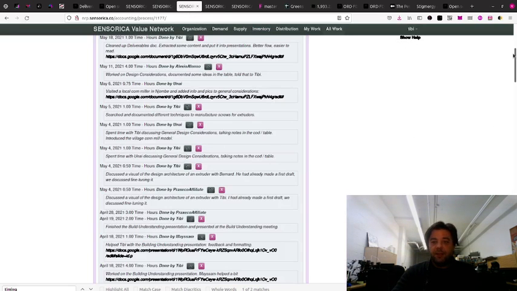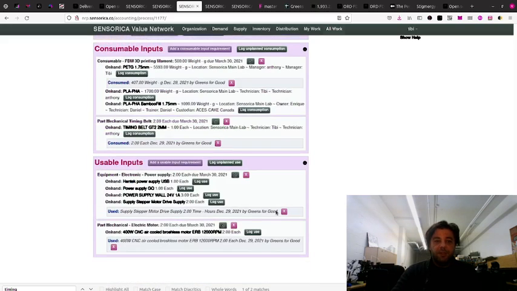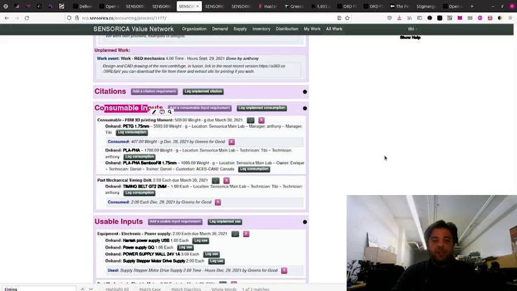Let me go back here. In this case it is a consumable. It's one of the consumable inputs. That's something that he purchased, and he uses it for this particular venture. And then there could be some arrangements. Okay, do you want the budget that we might have to pay for the use of your lab? Do you want the use of your lab to get into some sort of equity in the venture? So you're not getting reimbursed immediately for the use, but it's a contribution that you make for the venture,